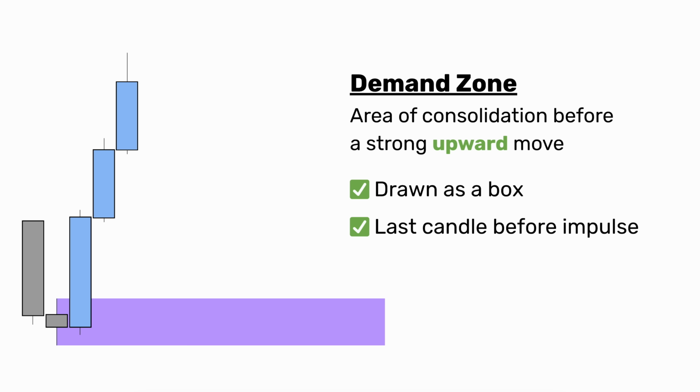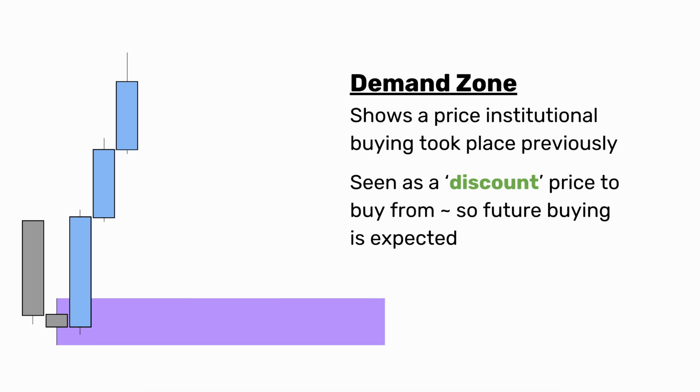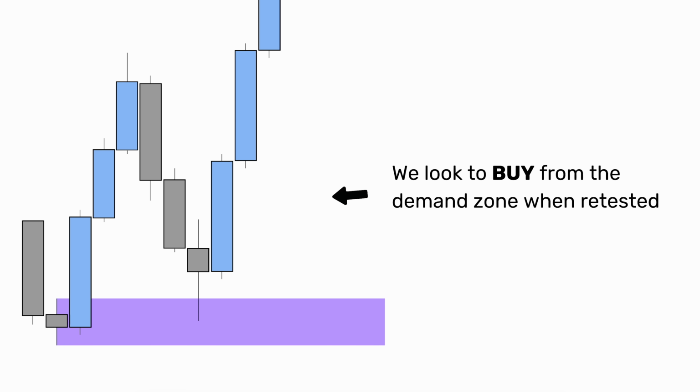a large push upwards. And the idea is that a demand zone shows a price that institutional buying took place previously. So very large players in the market placing very large orders. That's why we get these big drives away, and that's what a demand zone is indicating. The idea here is that this is seen as a discount price to buy from. So future buying is expected if price returns to this level. Here is exactly what we would expect to see from a demand zone. We look to buy from the demand zone when it is retested because we expect to see more of that